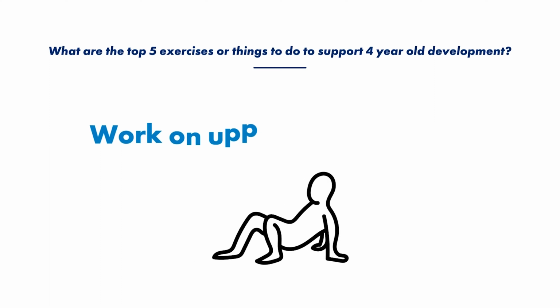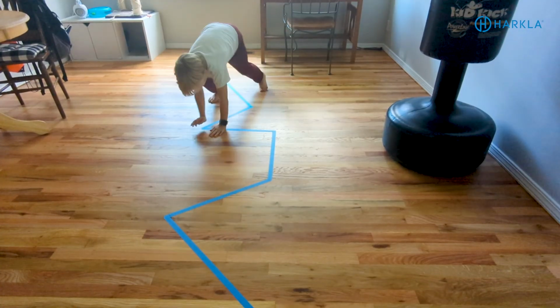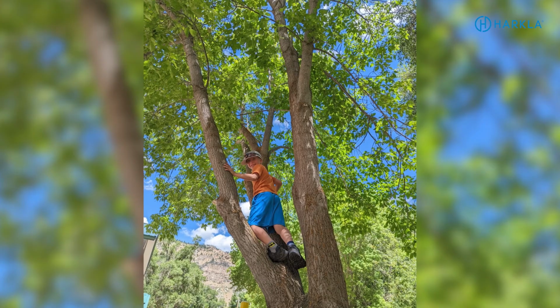Okay, the next one, I would say working on their upper body, their hand strength. At about 4 years old, we're starting to figure out how to color and hold a pencil and establish that hand dominance and start to work on some of those fine motor skills. So I would really focus on building some of the upper body strength, the postural strength, and the grip strength. So doing things like crawling, animal walks, climbing trees, really big body movements that require upper body strength and